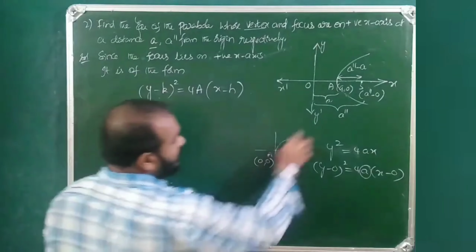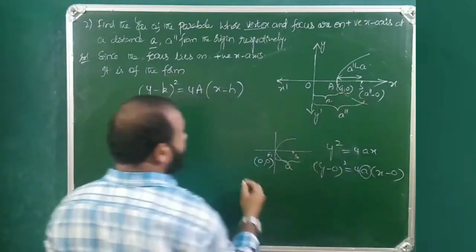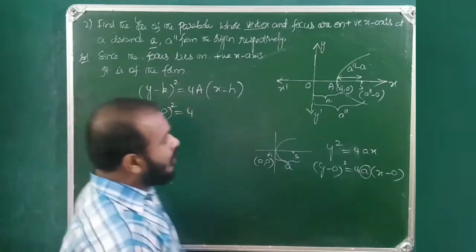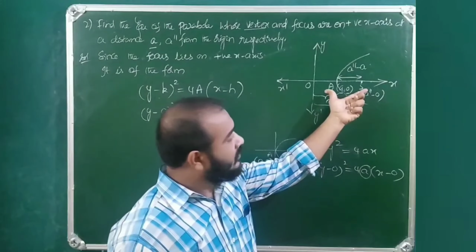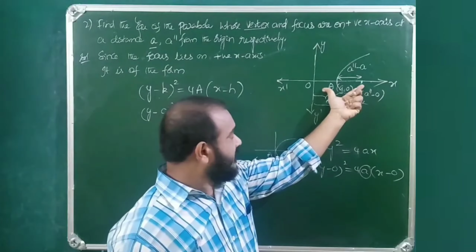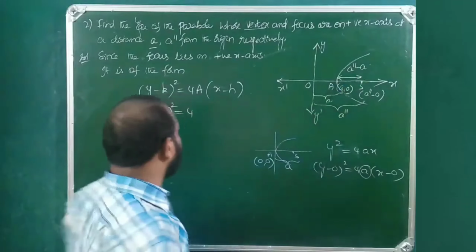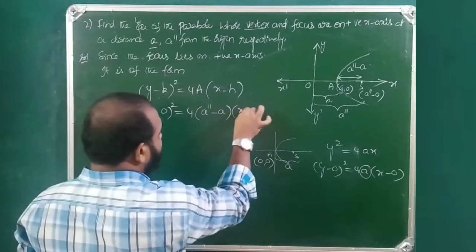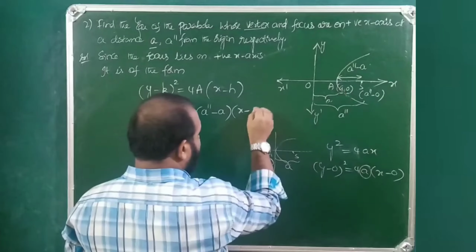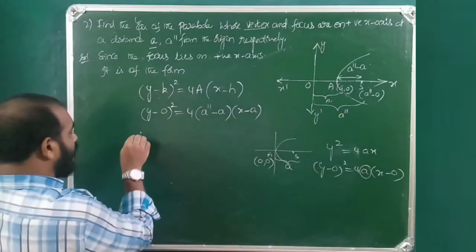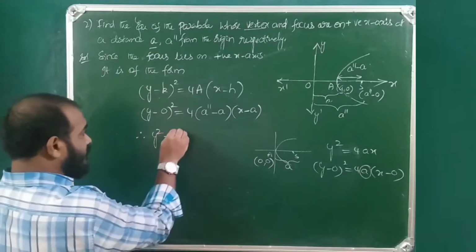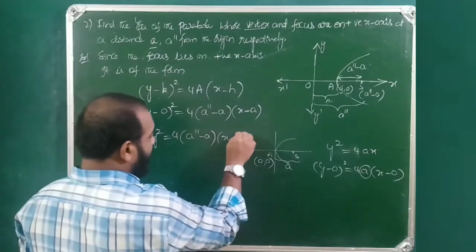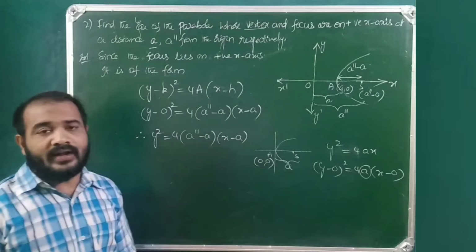Now this is (h, k). So (y minus 0) whole square is equal to 4 into, what is a here? AS. What is AS? A double dash minus a. So 4 into (A double dash minus a) into (x minus a). Therefore y square is equal to 4 (A double dash minus a) into (x minus a), which is the required